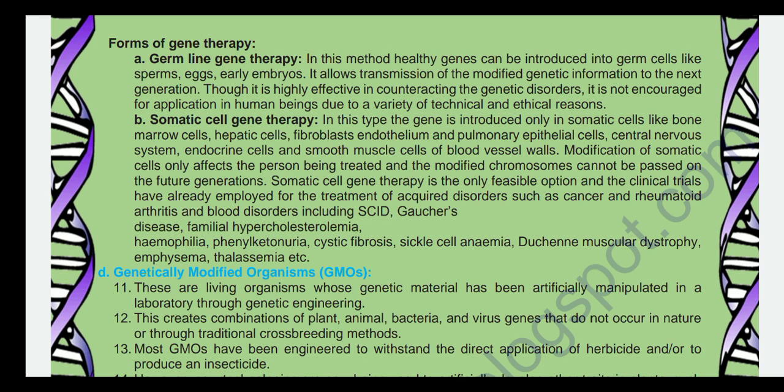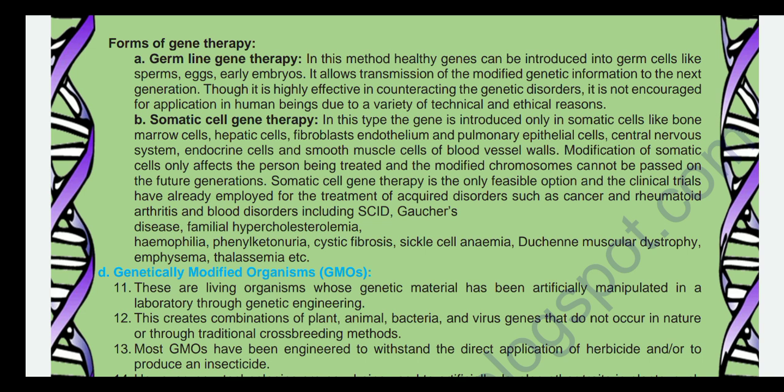So somatic cell gene therapy is the only feasible option, and clinical trials have already employed it for the treatment of acquired disorders such as cancer and rheumatoid arthritis, and blood disorders including SCID and Gaucher's disease, familial hypercholesterolemia, hemophilia, phenylketonuria, cystic fibrosis, sickle cell anemia, Duchenne muscular dystrophy, emphysema, and thalassemia, among which cancer and rheumatoid arthritis we know,